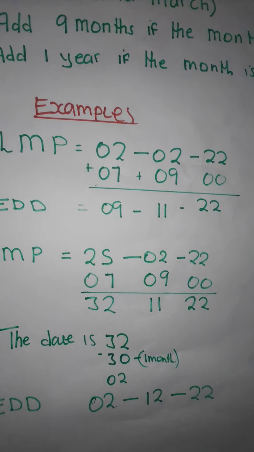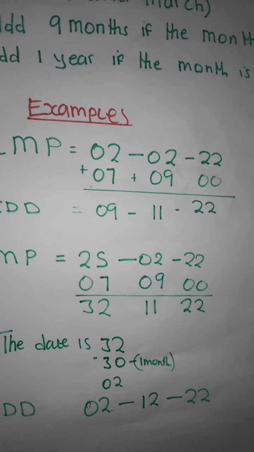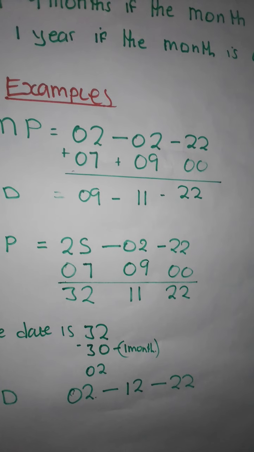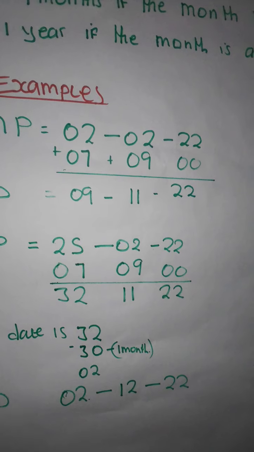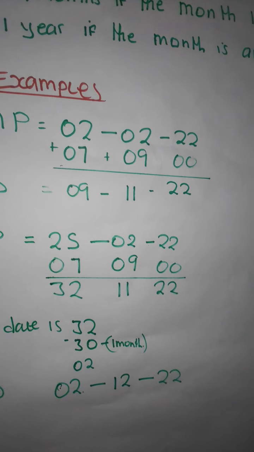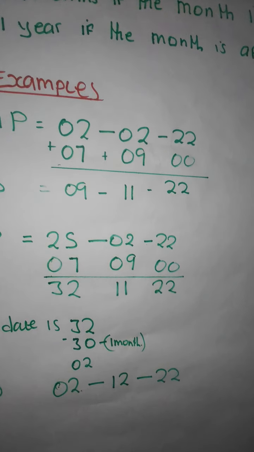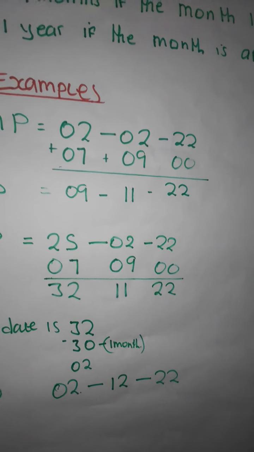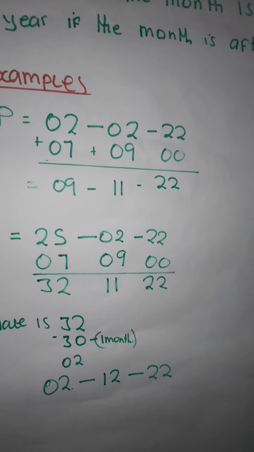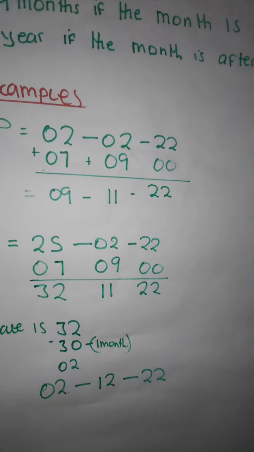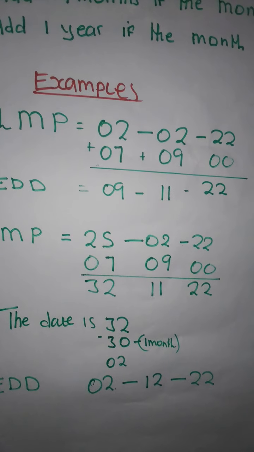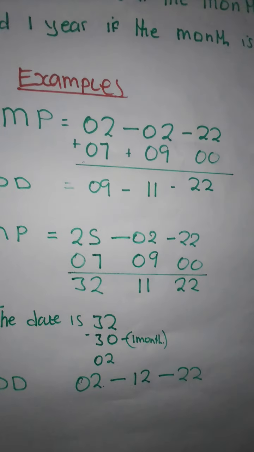This one has an LMP of 25 February 2022. So we are going to add 7 to the date, add 9 to the month, and add 0 to the year. If we add 25 plus 7, it will give us 32. 2 plus 9 will give us 11. And 22 plus 0 will give us 22. Now there is no month which has 32 days. So we are going to subtract